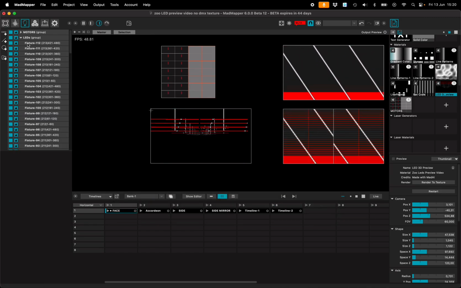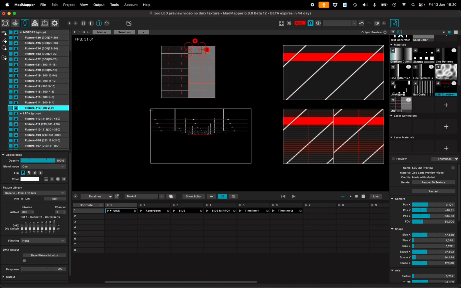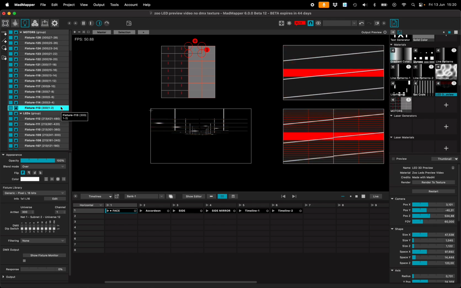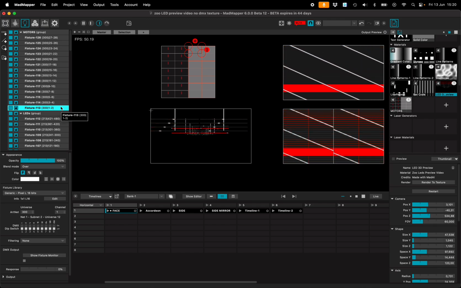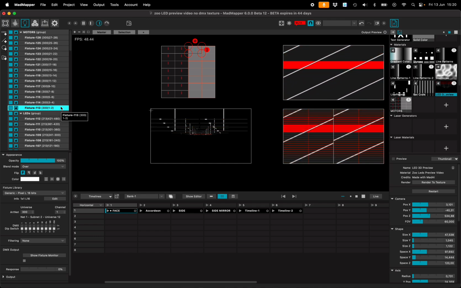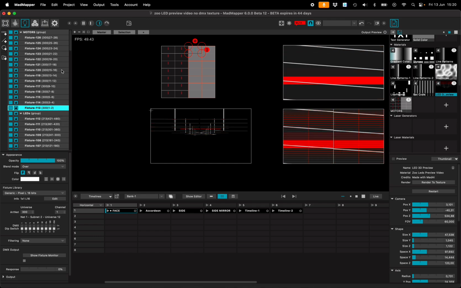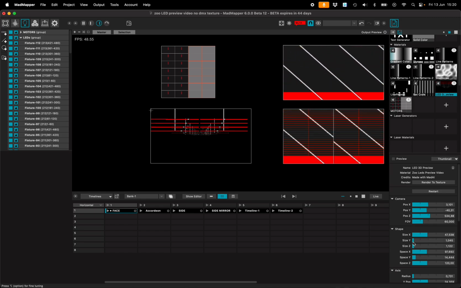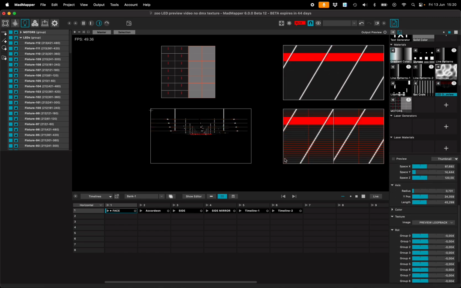So my motors are actually sending data to the network for transmitting it as DMX to the engines, etc. I can get it back in MadMapper, and then I assigned it to my preview